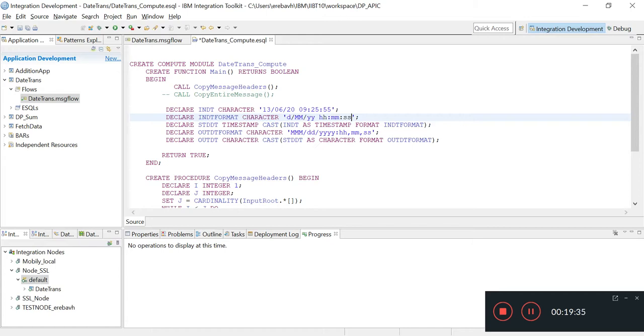So friends, the rest will be the same, as we need the output date format: month in words and date with the 0. So save it and deploy it again.